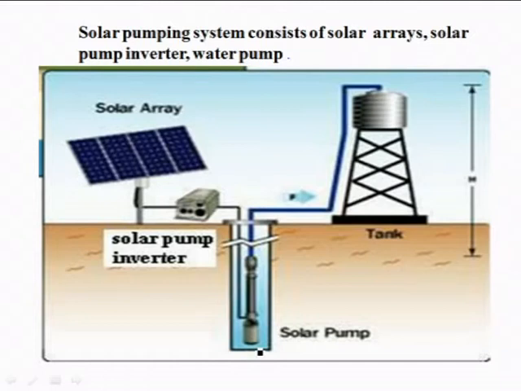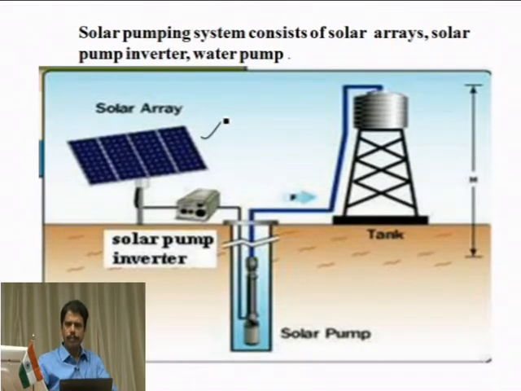Another popular application of inverters is the solar pumping system. So we have solar arrays, a solar pump inverter, and solar pumps. You can pump the water, and this is already being used in villages, where we are using solar power for pumping the water. Again, the government is also providing subsidies for using solar energy. The solar array converts DC to AC, and we are using solar pumps here. You can pump the water to a tank. This is another popular application of inverters.